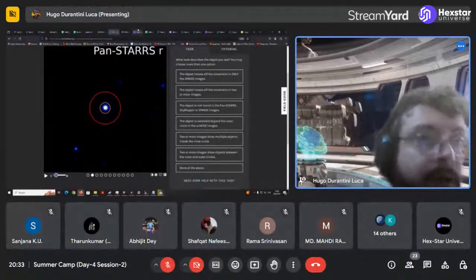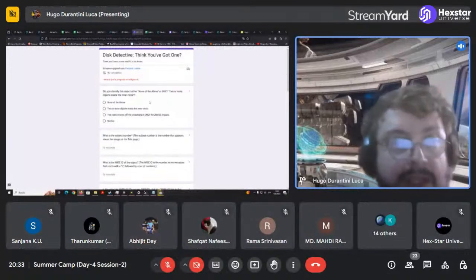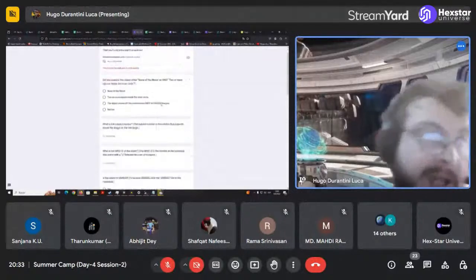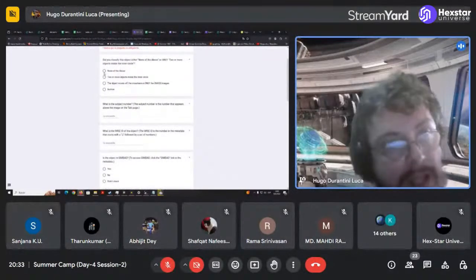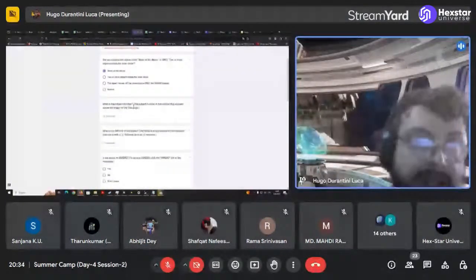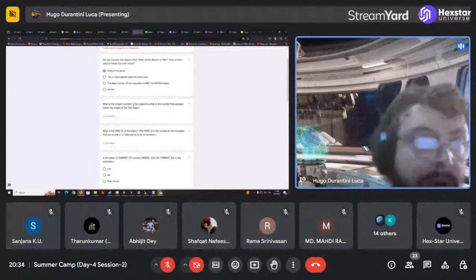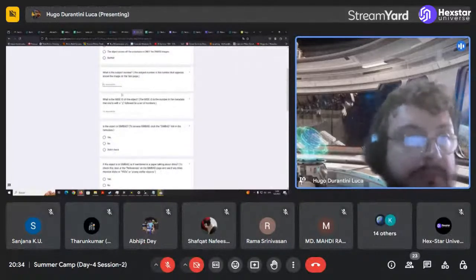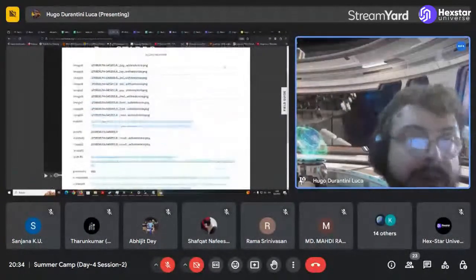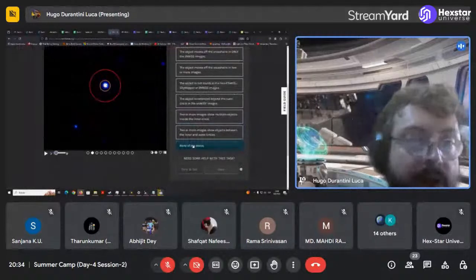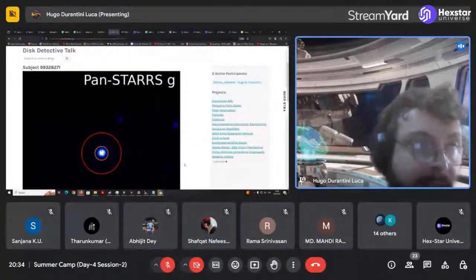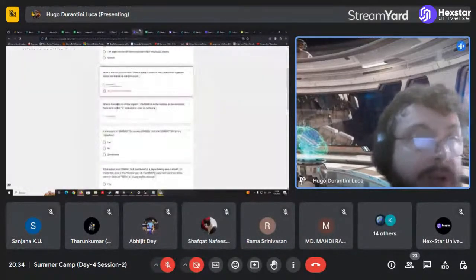You can go to a form that is in the FAQ. You can find it there and say, "Hey, here I have an interesting star that I marked. For example, I don't see anything weird, but I consider that this could be a disk or a new thing for whatever reason," and you put in some particular data about the subject that is present here, or when you go, sorry, the mouse is not collaborating, to the Talk page, that is a very important section. You can complete this form.